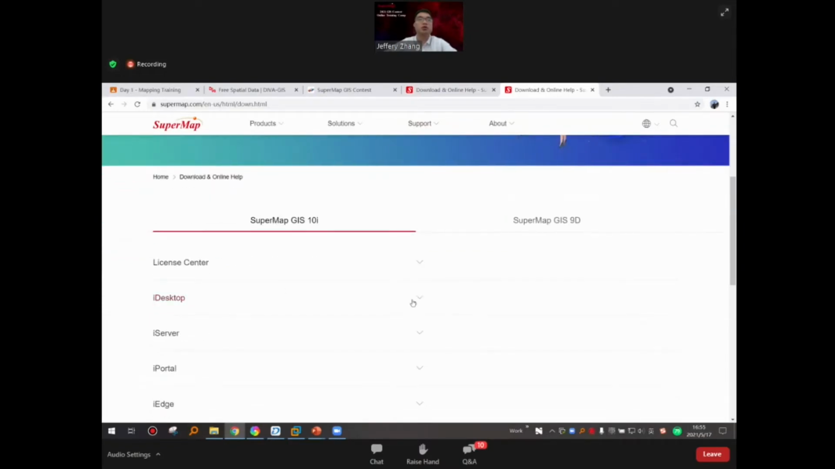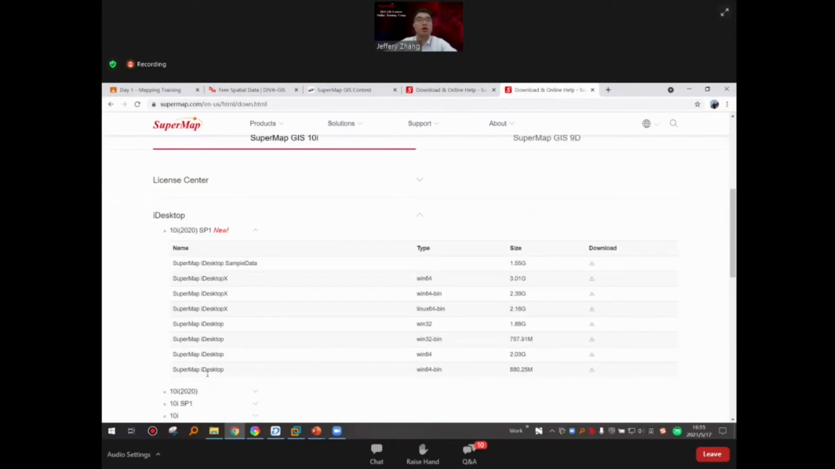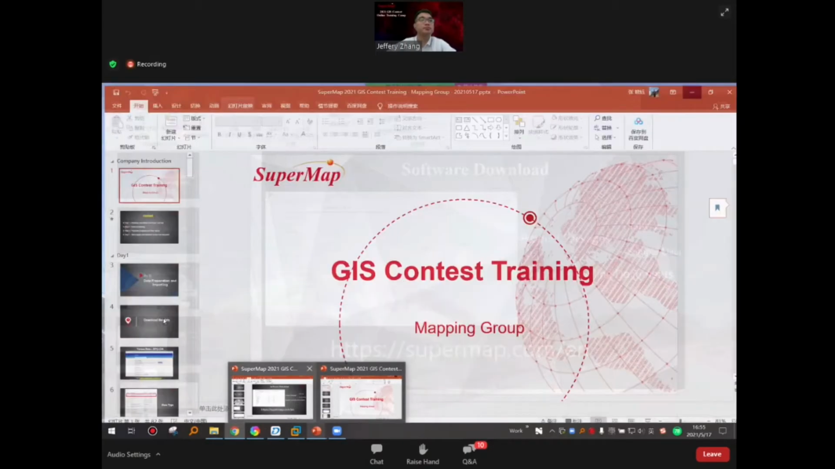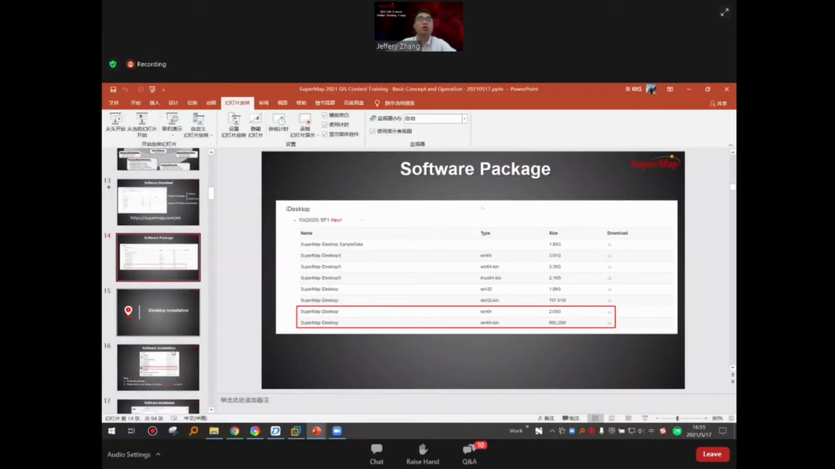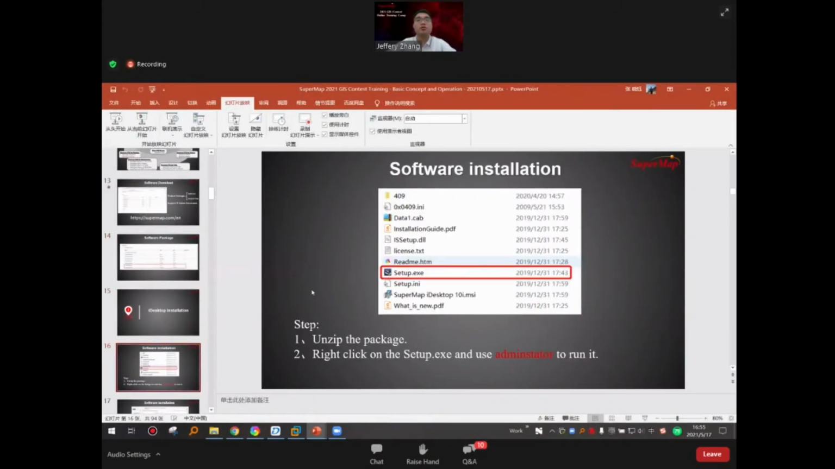And here you only need to select this one, the SP1. This is the latest version, and you can select this one. So this is a setup version. You can click this to download. And after that,